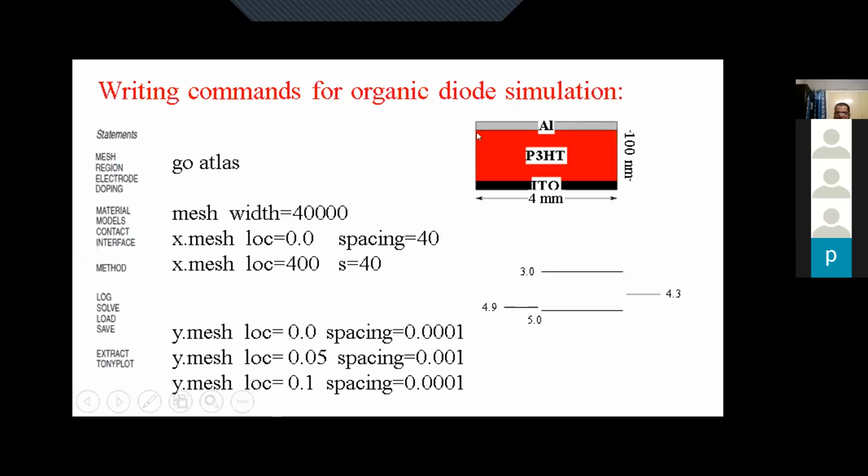So at the location 0, the spacing will be 40 micron, and at the end also it will be 40 micron. So there will be a constant amount of spacing in this dimension. While in the Y dimension, let us see. From location 0 to 0.1, so the thickness in the Y dimension is 100 nanometer, that is 0.1 micron. So the spacing at 0 is around 1 angstrom, and at 0.1 also it will be 1 angstrom. So very minute, angstrom level.